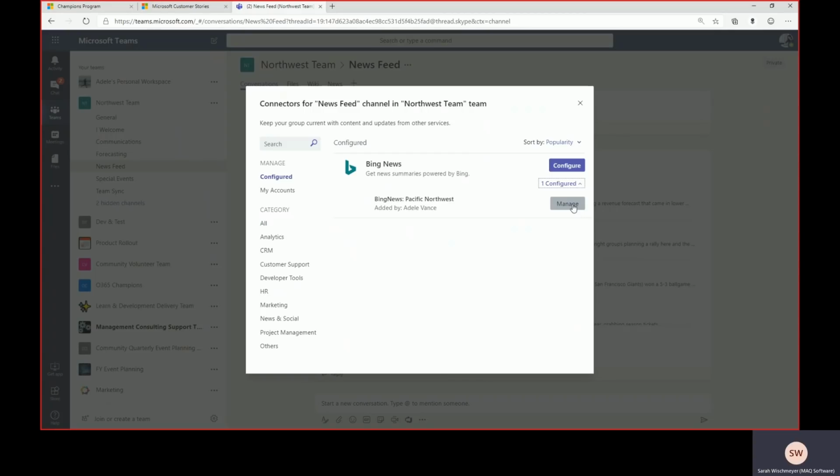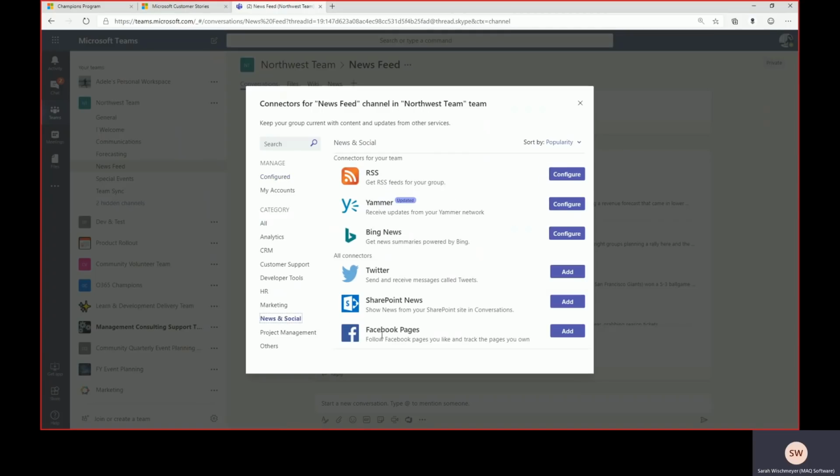So again, you can update this. But let me give you an example where this could be handy. Let's go back to news and social, for example. What if you had a team for your SMEs, maybe your help desk or something like that? And these were folks who were answering a lot of questions and they were able to collaborate, but they were